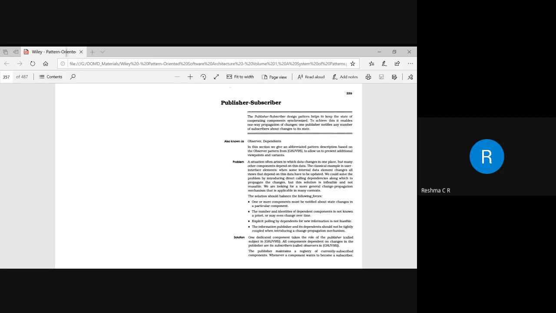Is it clear? So if they are asking about the implementation, you cannot write the Java code that you have written in a lab program. You need to explain the implementation of client server or publisher subscriber or any pattern. You need to write the guidelines, whatever the 6 or 10 steps are there for each and every pattern. Under each step, you need to specify how you are trying to design it. You cannot write the entire Java code. Is it clear?